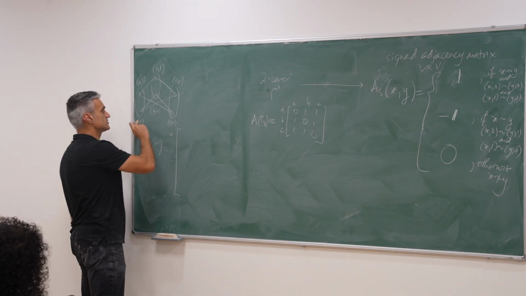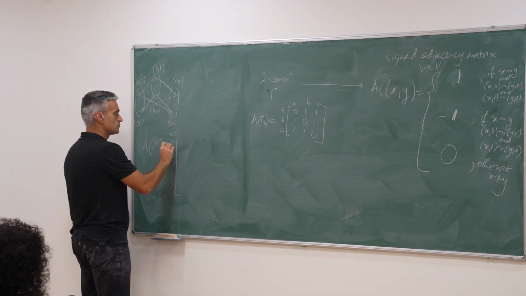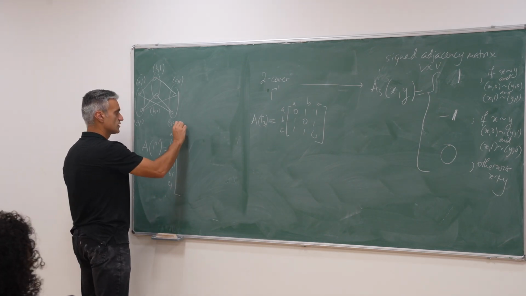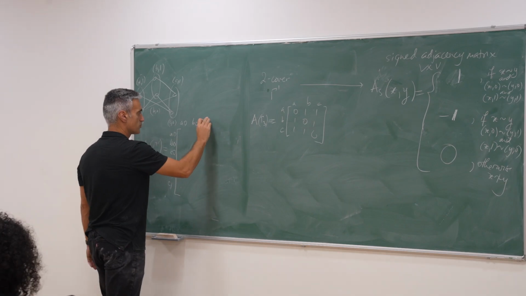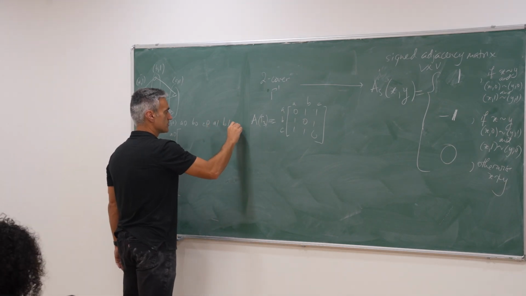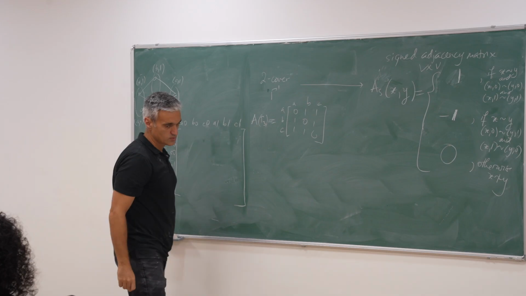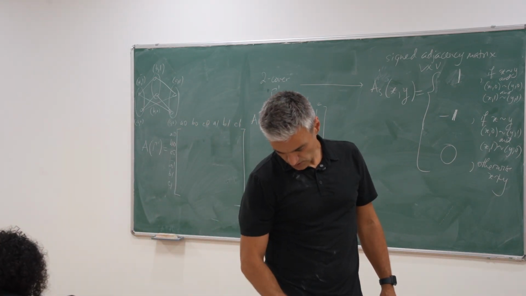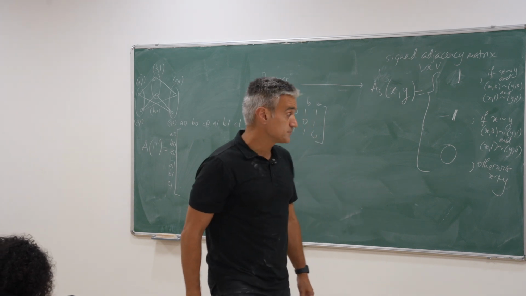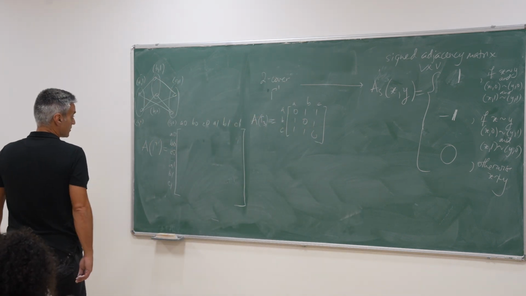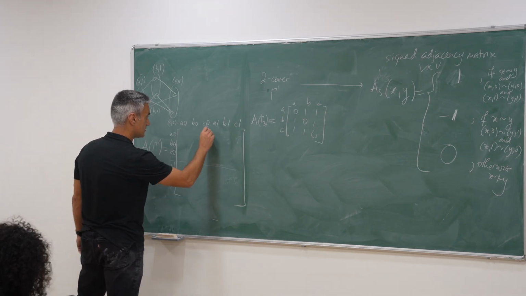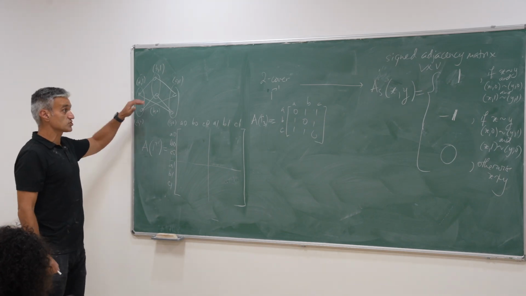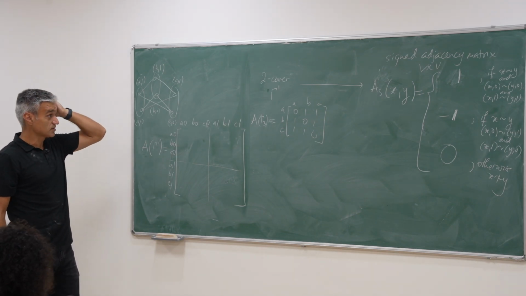I won't write A comma 0, I'll just put A0, B0, C0, A1, B1, C1, and the same along the columns. So this is the adjacency matrix of the big graph. I will write it down in a second. But